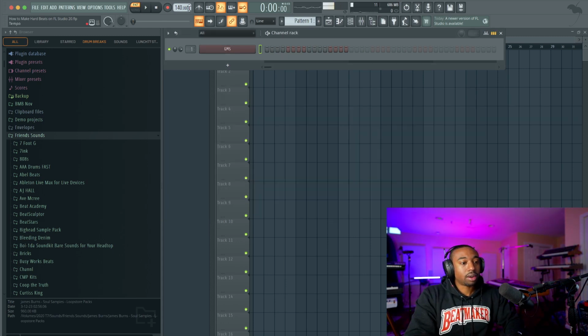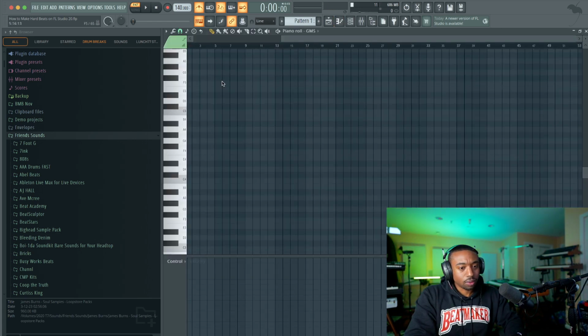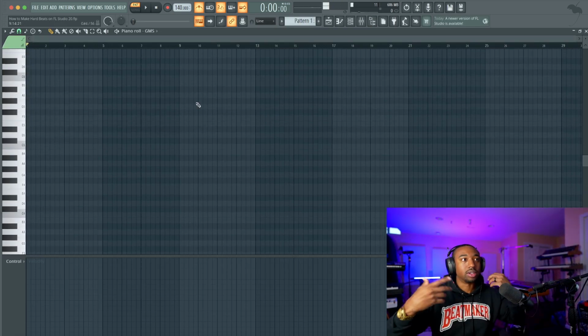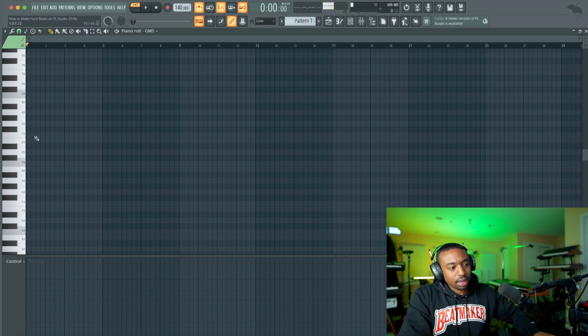Now let's go to the pattern mode. We're going to turn the metronome on and right-click, go to the piano roll. So from here, what we're going to do is map out chords that are hard, so to speak, in its musical nature. So these are called suspended chords. And we're going to use half steps too.